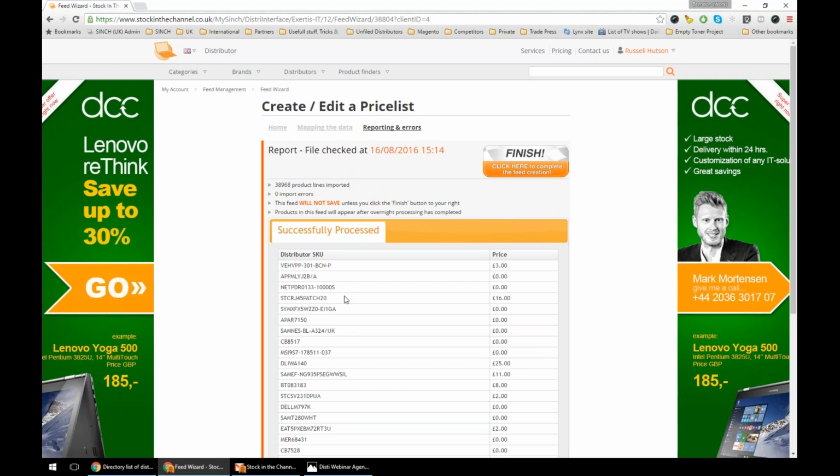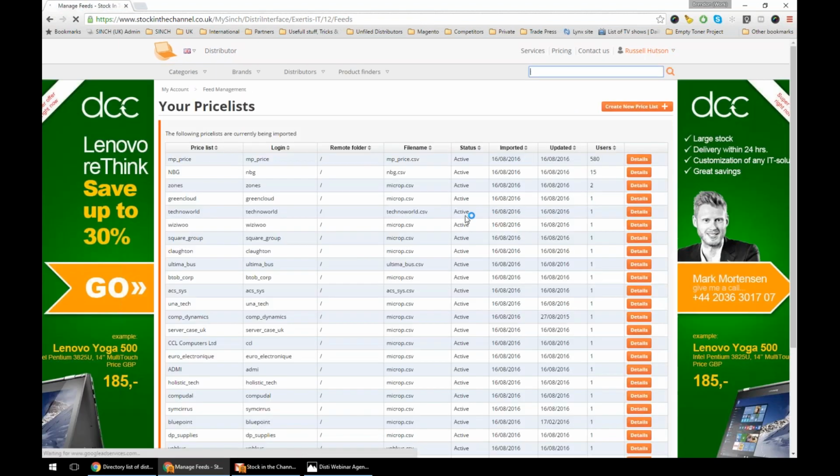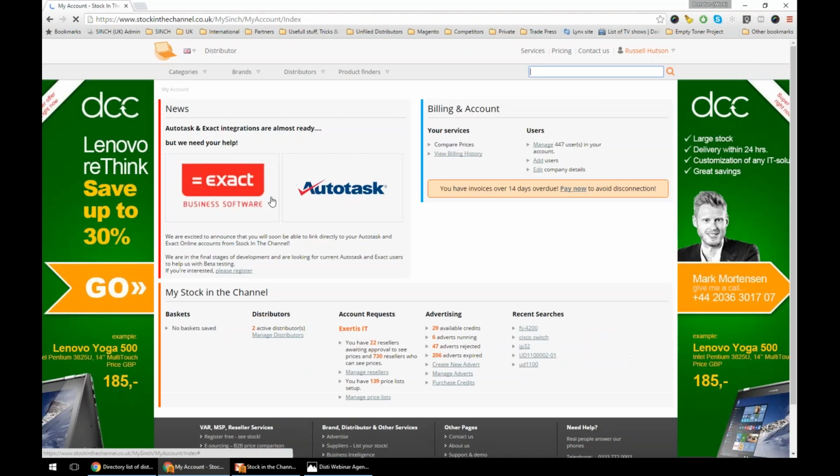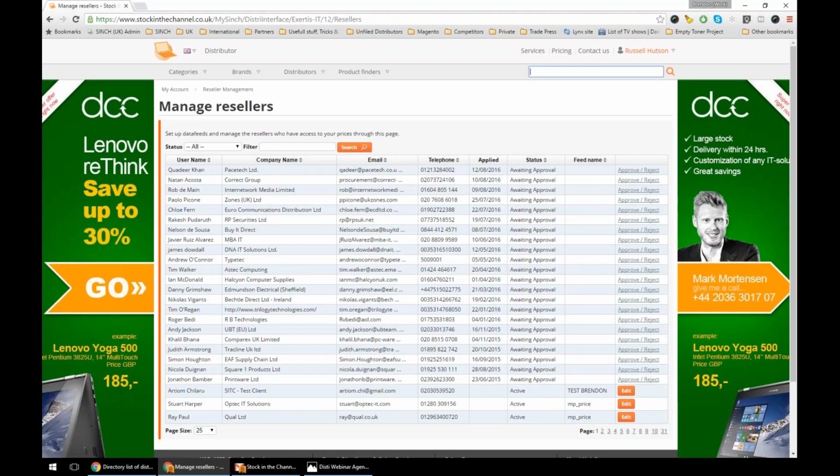Stock in the Channel goes away, builds a report. It scanned through 38,000 lines. It said there was 0 errors with the file, and that's it. These are the prices. Hit the finish button. We've now created a new price file, and we can now go back to the account page, view the managed resellers, and we can see,